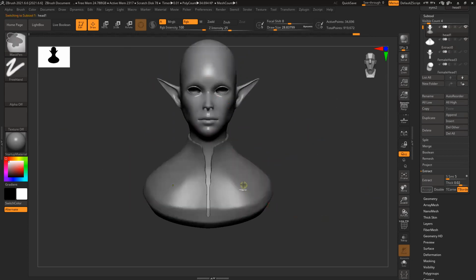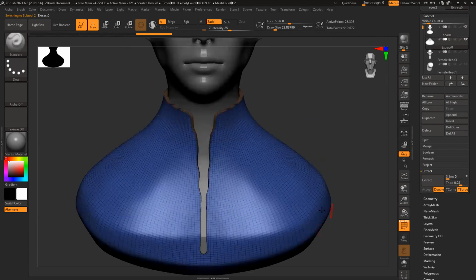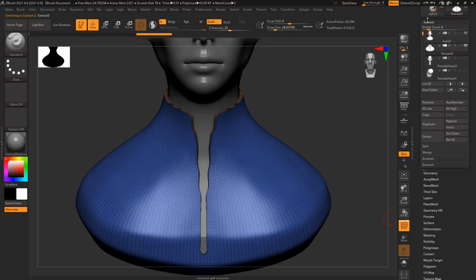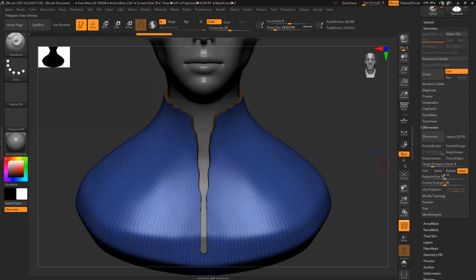Deselect the base body. Now I have this mesh, so I can fix everything. I can simply ZRemesh this model and create all those lines super clean. ZRemesh it, keep groups so that it will retain the perfect shape.